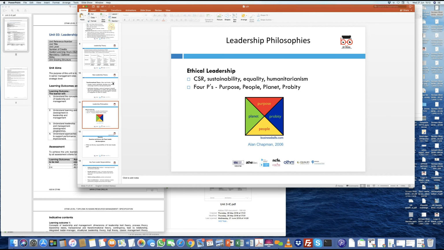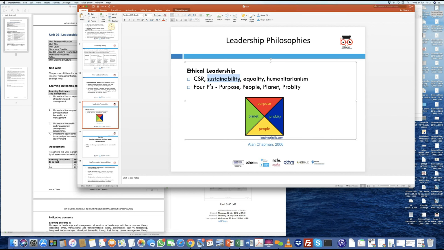So when we talk about philosophy, we talk about the ethical side of leadership, and the ethical side of leadership could involve things like CSR, it could involve sustainability. Everybody that you talk about, from politicians to the CEOs of large organizations, talk about sustainability today. We hear a lot of news about the plastic in oceans, and the reason why a lot of these large companies are being blamed is because we have only one earth, we have one environment, and we need to be sustaining the environment so that we can hand over this to our children or great-great-grandchildren, and that is where the concept of sustainability comes in.